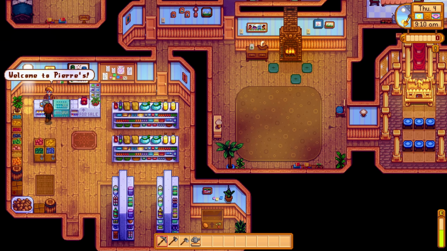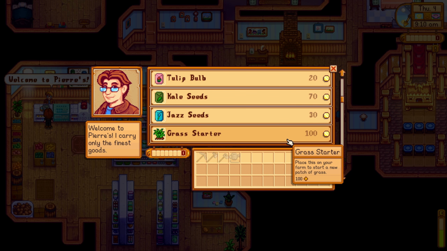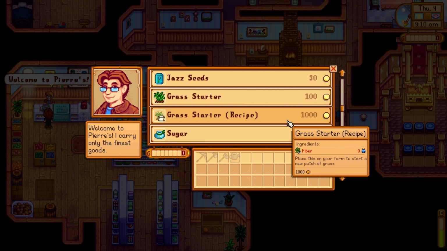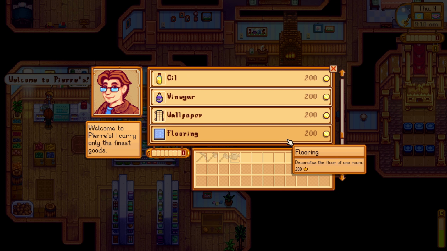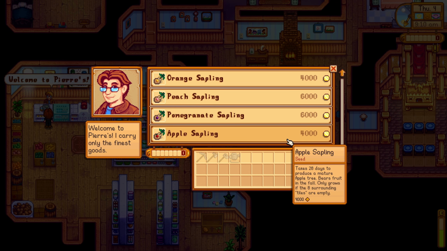Pierre. Oh, my good friend Pierre. What do you have to sell? Parsnips, beans, cauliflower, potatoes, tulips, kale, jazz, grass recipe, because I need to know how to make grass out of grass. Using this grass, I figured out how to make grass. Sugar, wheat, rice, oil, vinegar, wallpaper, flooring, the catalog, cherry, apricot, orange, peach, pomegranate, apple,